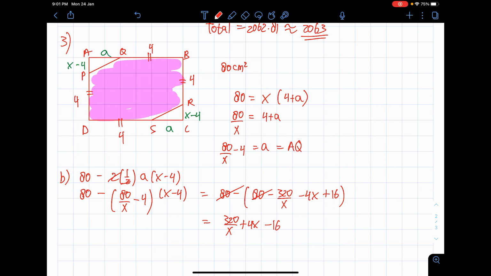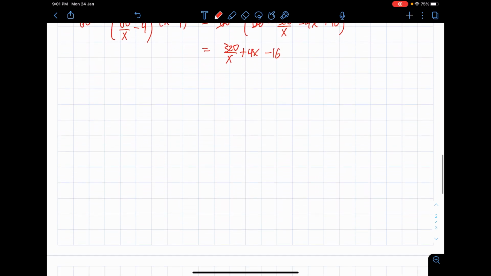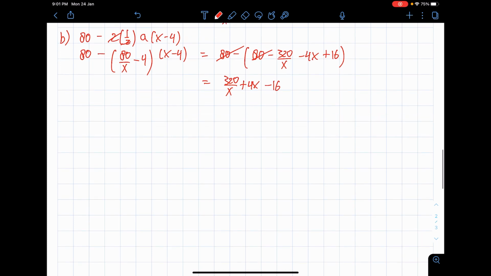Next question, 3C. Continuation, but no, I don't think it's a continuation. It's like a new thing. Complete the table of values for, actually it's the same thing. They name this area as Y, the shaded area. Then there's a complete the table. Basically, they're giving you a table where one thing is missing. X is 18, and they don't tell you the value of Y. The rest of them are given, so we have to fill the gap there.